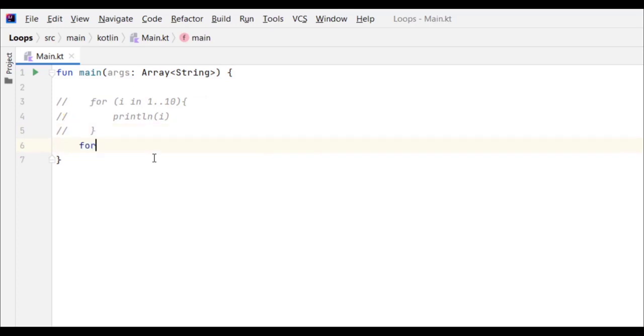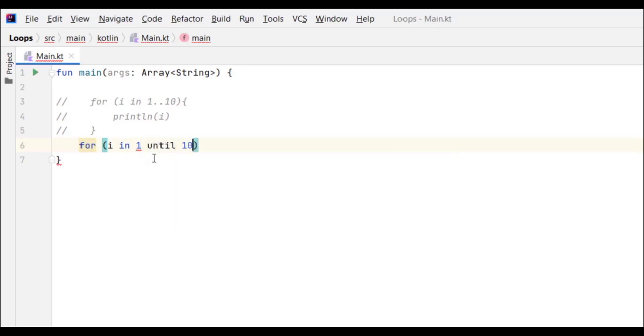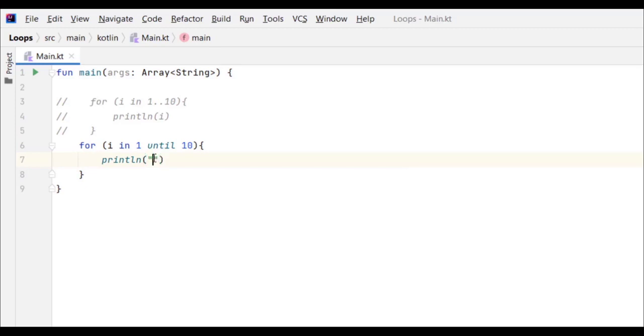Right? Now let's type for again. And now I'm going to call it also i. Here you can put whatever name you want. And instead of the in keyword, I'm going to put also again the in keyword. And instead of putting the dot dot to loop through a range, I'm going to put 1 until 10. Alright? Now I'm going to add the println statement, and here I'm going to type i, and this will have the same